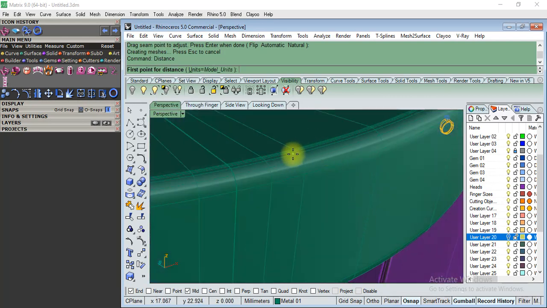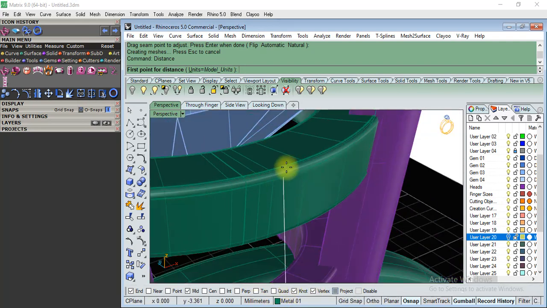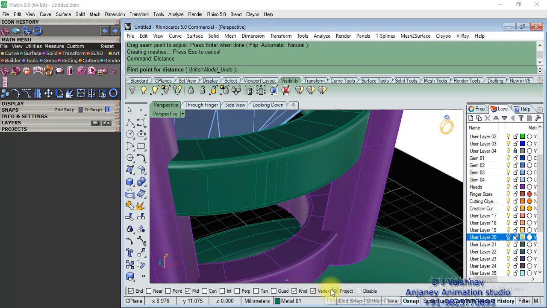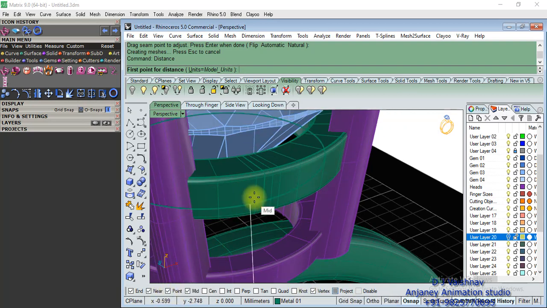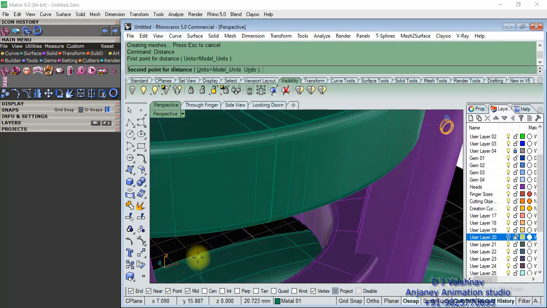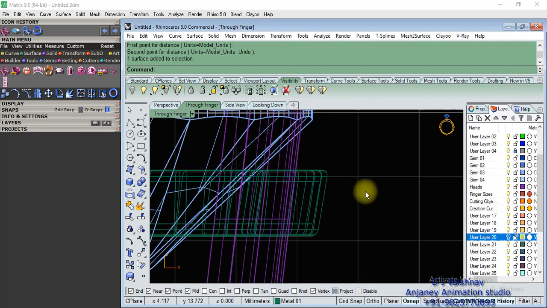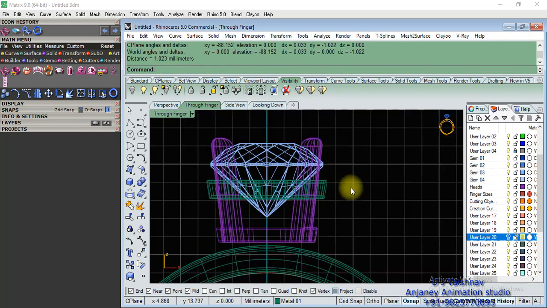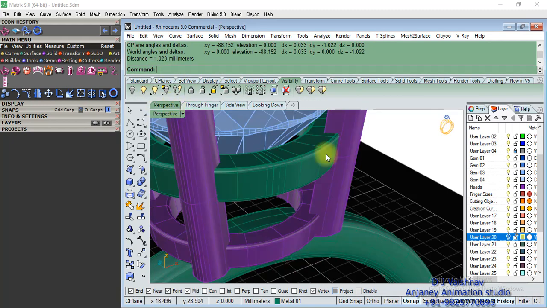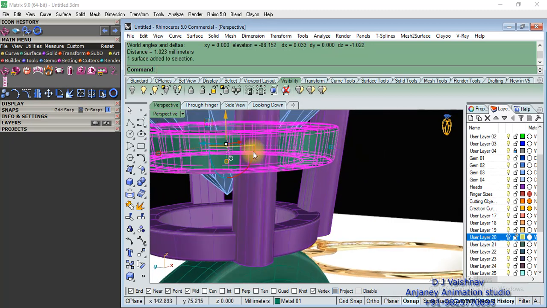From this top point, okay, let's turn on these options, so we will have the proper points. It's not showing near and point. This point to this point. Go to front and use the distance command, this point to this point. It's 1.03. So we have to make it a little bit higher in height, so just scale it